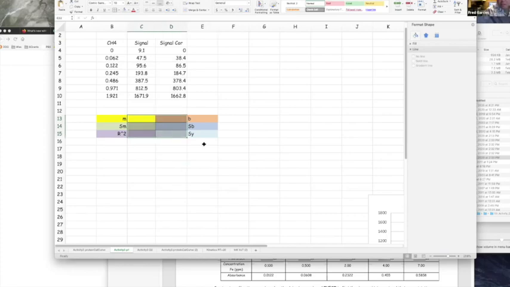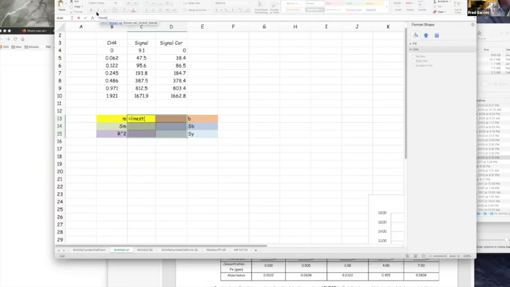Given a set of data, would Linest provide you with those 6 pieces of information? Yes, that's what Linest does. It gives you that. No other program will do that for you. It gives you better statistics. Let me highlight, you have to highlight that 2x3 first, and then you move your cursor to the equation editor and type in equals Linest,